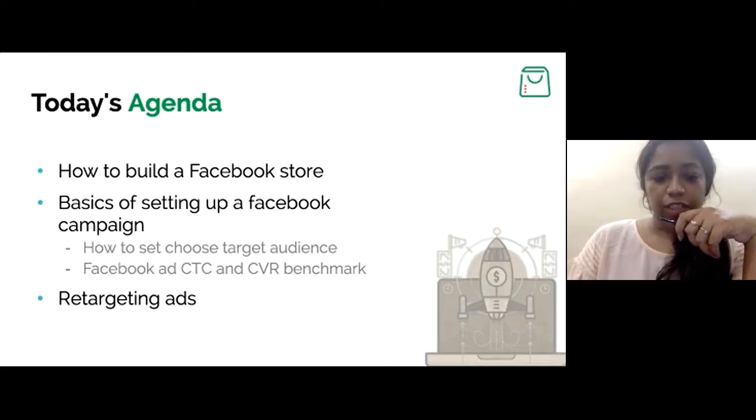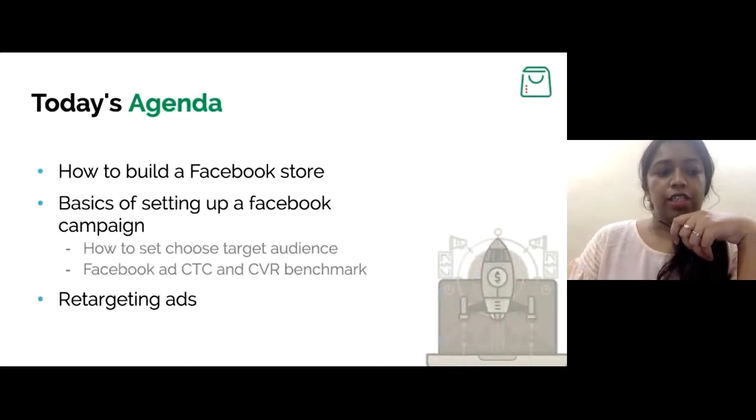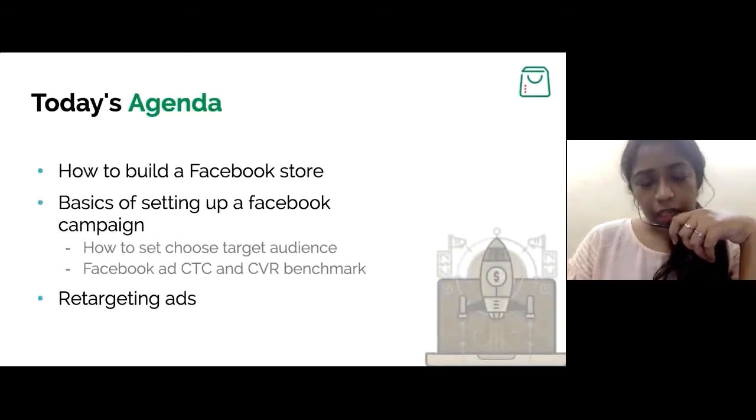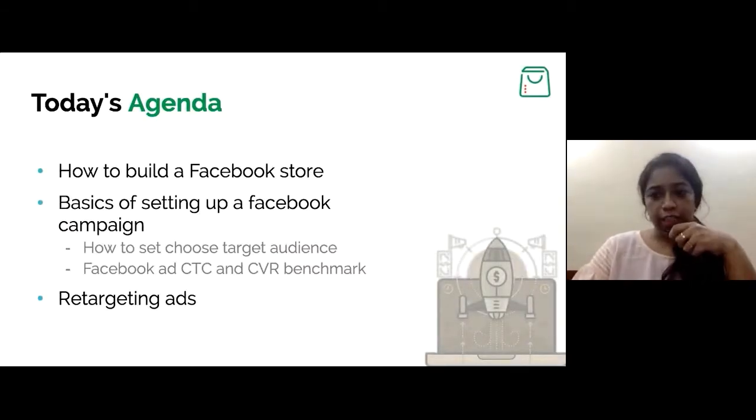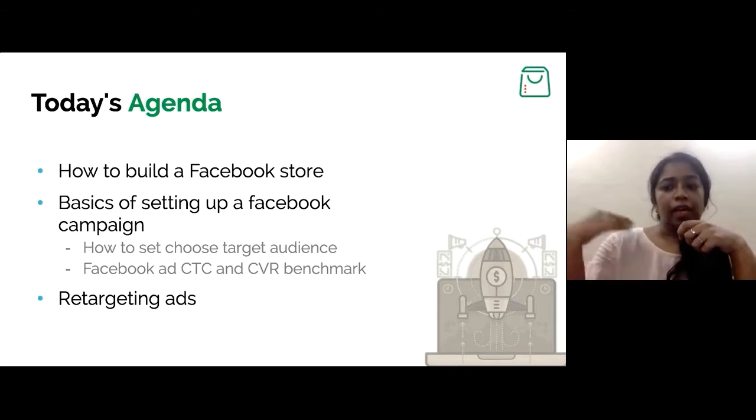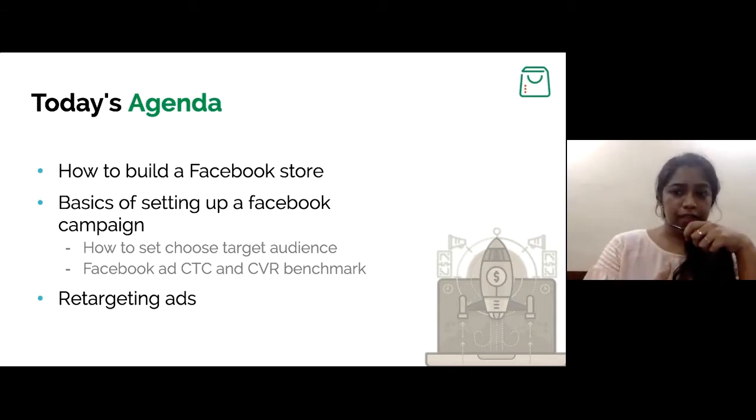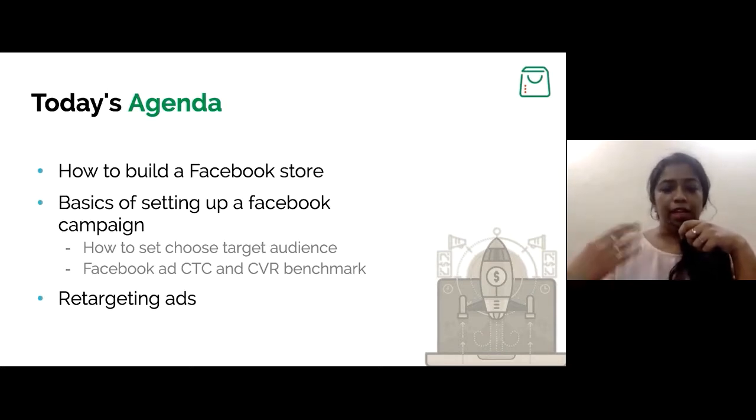So as Christine mentioned, today's session is about Facebook store. So recently we actually launched this. So this is a Facebook pixel feature. So by going into Facebook and creating the pixel code and then putting it in the Zoho Commerce backend, you can seamlessly connect both Facebook with Commerce. And what this particular feature does is that it pulls your product from Commerce into Facebook.